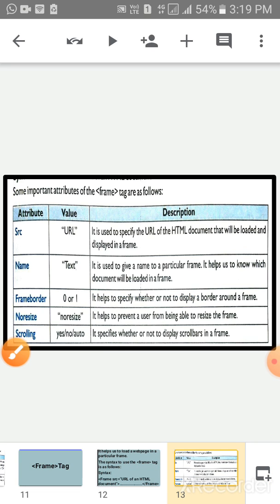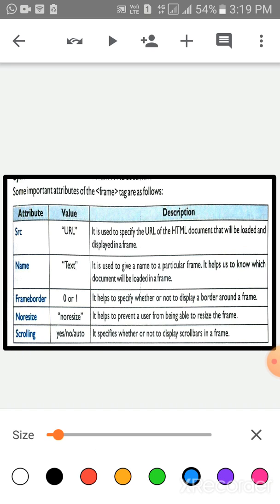Frame border helps to specify whether or not to display the border around a frame. No resize helps to prevent a user from being able to resize the frame. Lastly, scrolling specifies whether or not to display scroll bars in a frame.